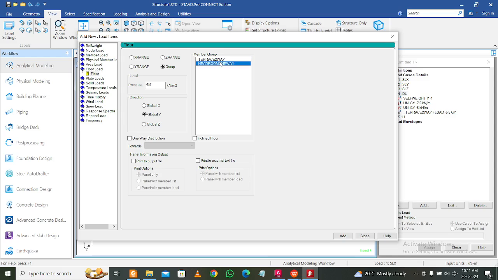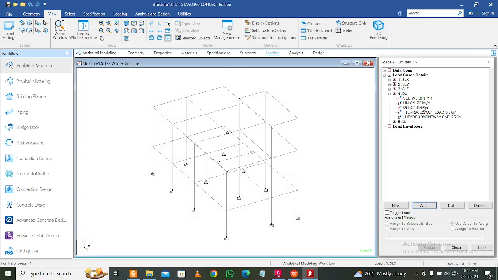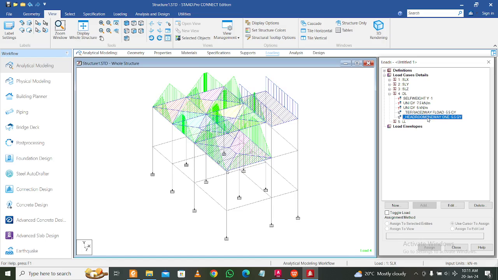Then terrace headroom one way, so one-way distribution is required. Now click on add and then close. These two will be automatically assigned since we have defined the groups. The load distribution is defined for one way and two way, that's why this grouping is required, because the arrangement is different for two way and for one way. Okay, so select this and assign to view,